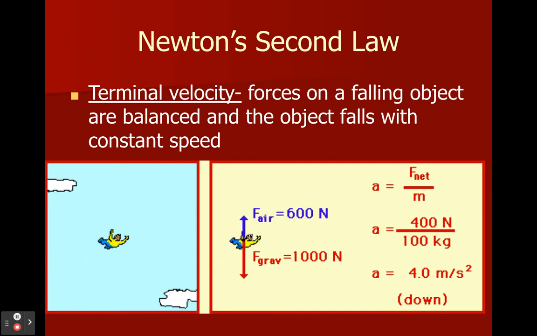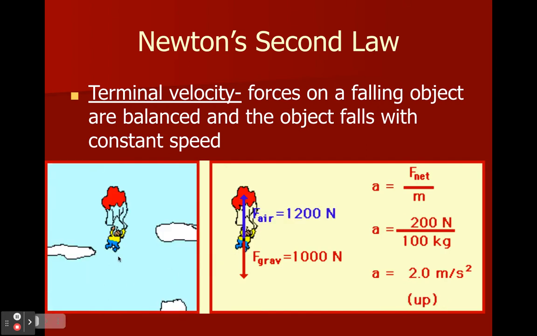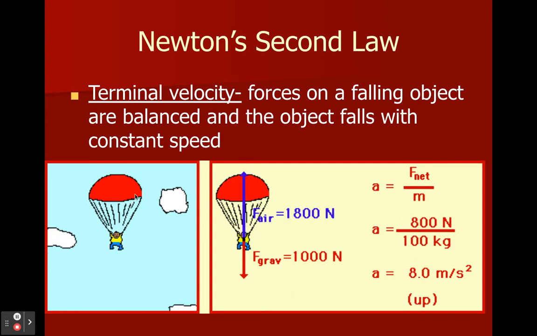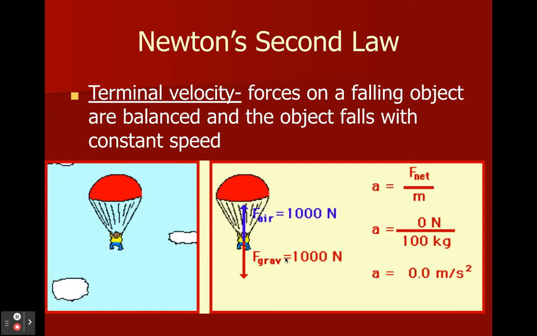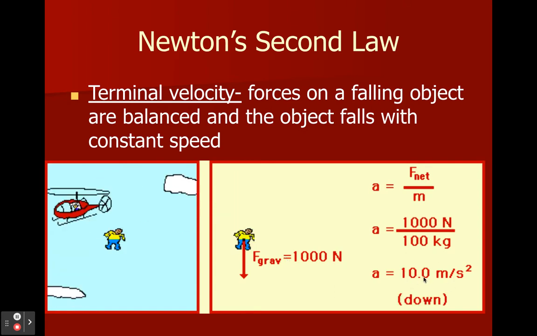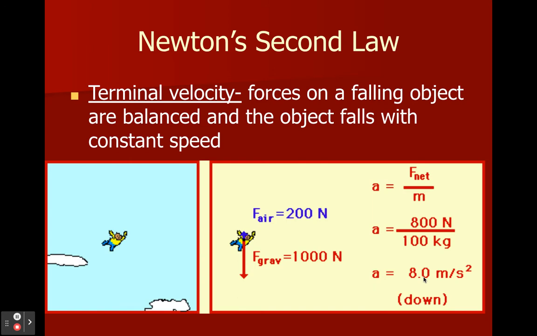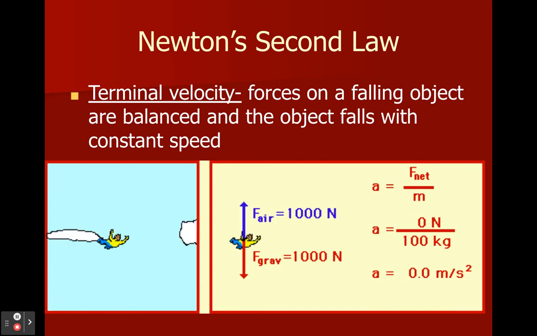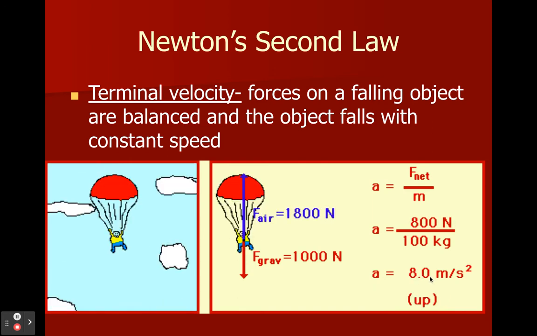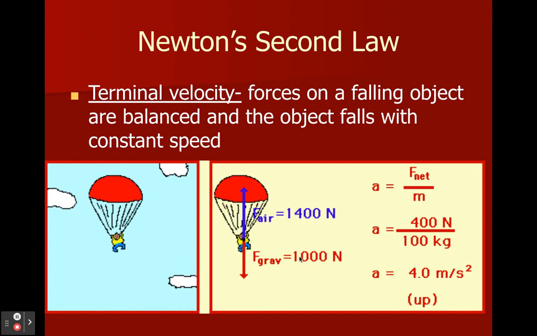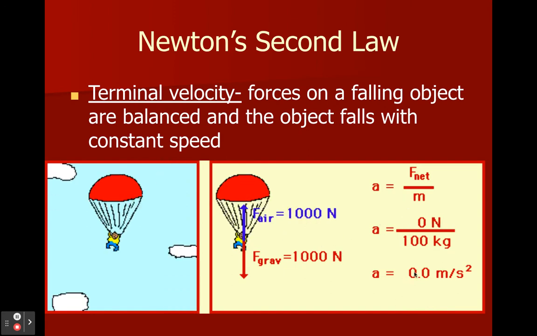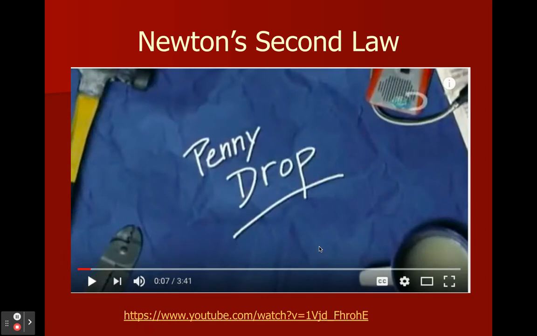If you look, when he first falls out, here's his first terminal velocity. When he pulls the parachute, he hits a new terminal velocity right there. If you notice, the acceleration goes to zero twice here. He falls out right here, and at terminal velocity acceleration is zero. Then he pulls the parachute, it slows him way down, but again he hits a new terminal velocity.